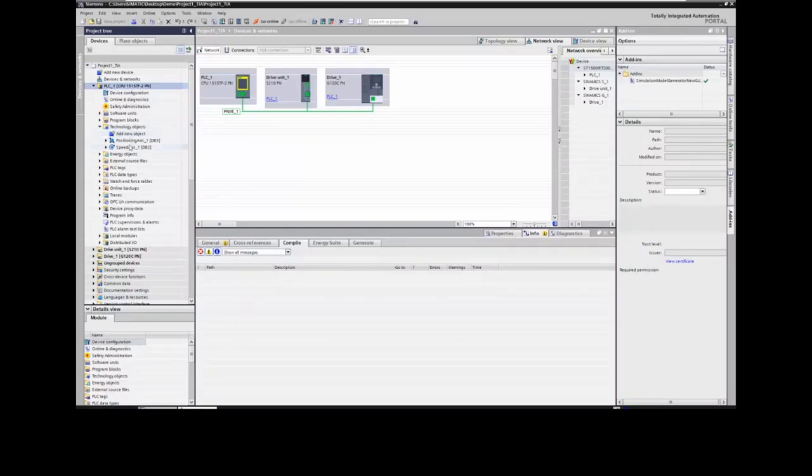So the speed axis is to control the speed of, say, a conveyor, and the position axis could be, say, for an arm of the robot or some pusher plate or something like that. So we can have these technology objects to control those things. And in terms of MCD, for instance,